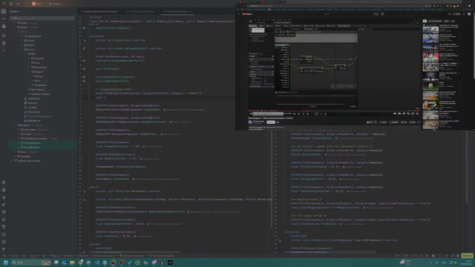Server reliable. Can it? Server spawn master field.